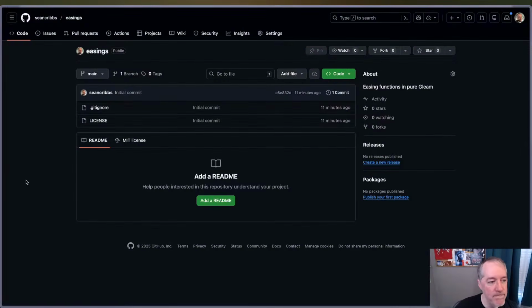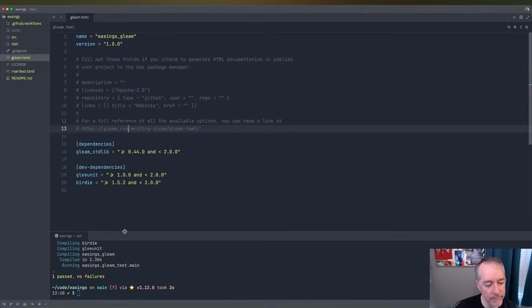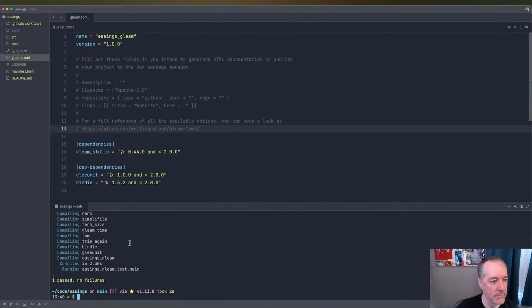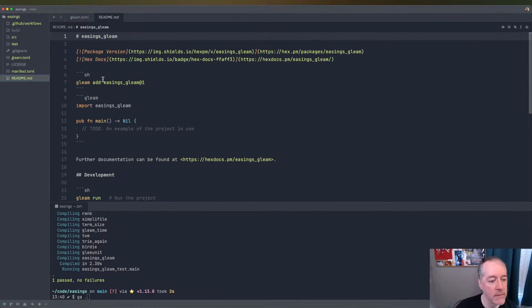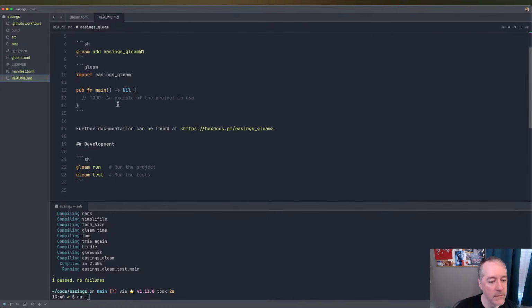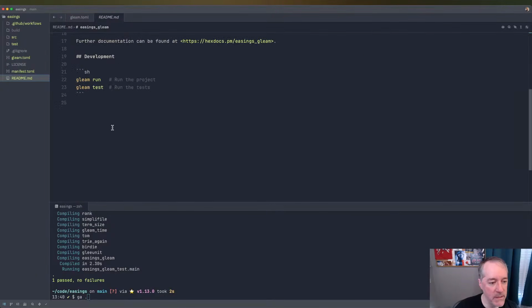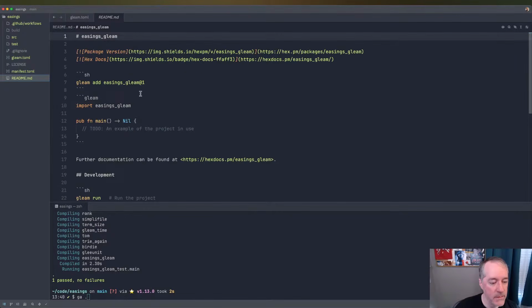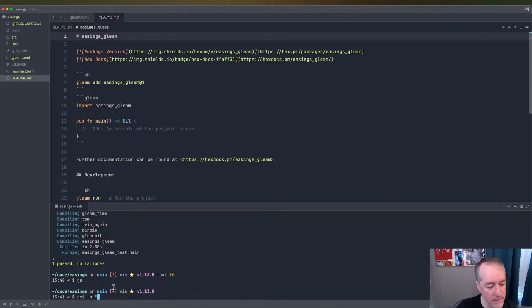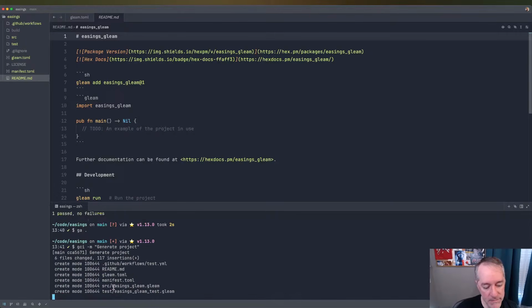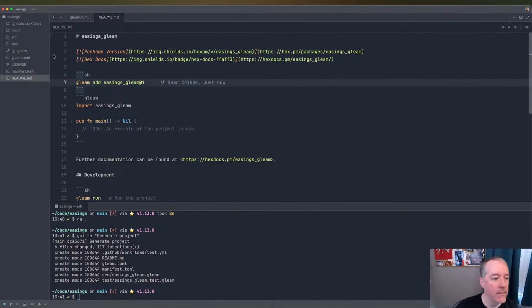Now, let me look at the README, make sure. We'll fix this up later. Let's just add everything and make a generate project commit. Okay, so I want to